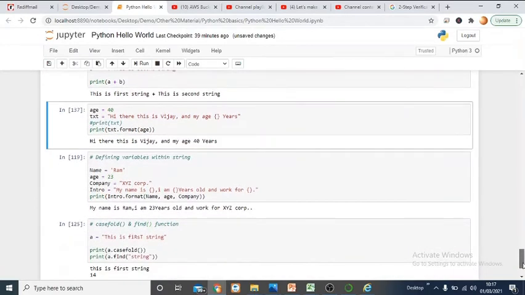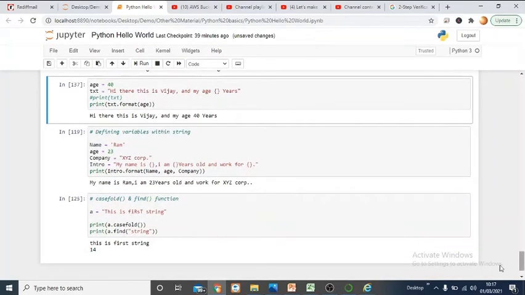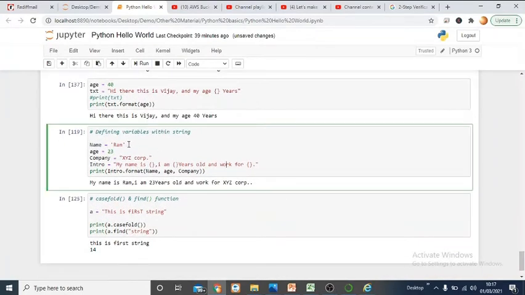The next demonstration is on an extension of our format function. As I said, if you have a lot of variables to put into a string, we can utilize the format function. Whatever the type of variable, be it character type or numeric type, it will be handled by the format function, where we are writing my name is Ram and I am 23 years of age and I work with XYZ Corporation.